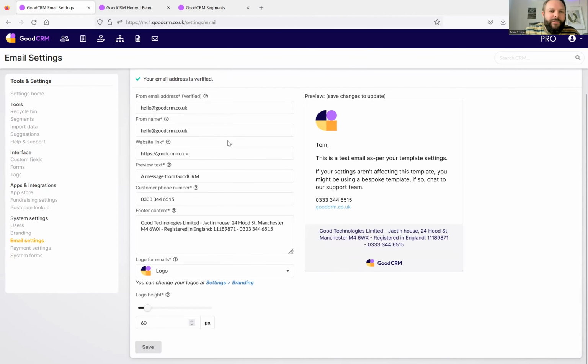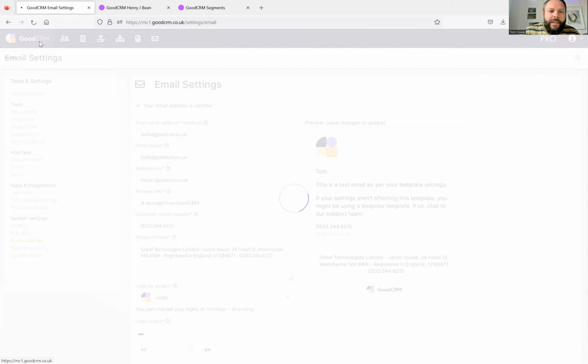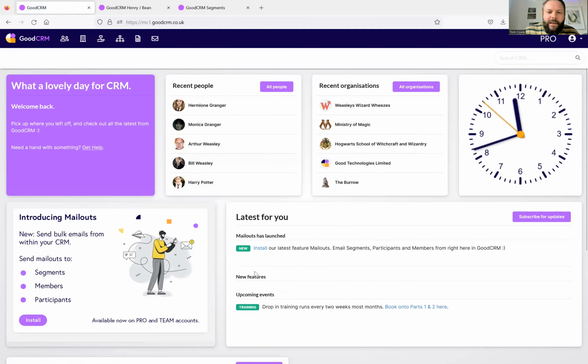That's our email settings filled in. We should hopefully now see that that issue is no longer showing up on our dashboard there, and we are all set. Right, next up, we're going to have a chat about MailChimp and our MailChimp